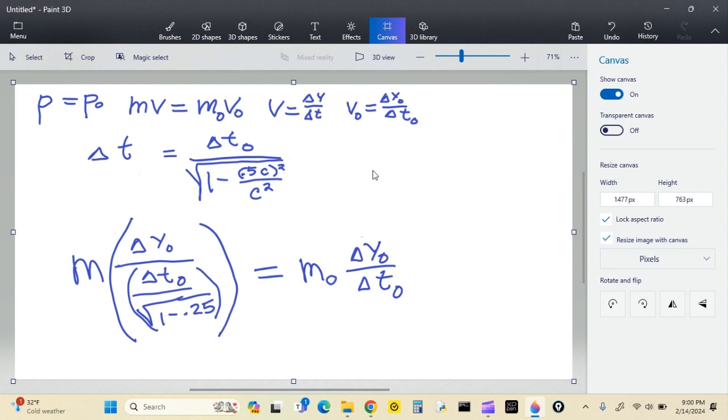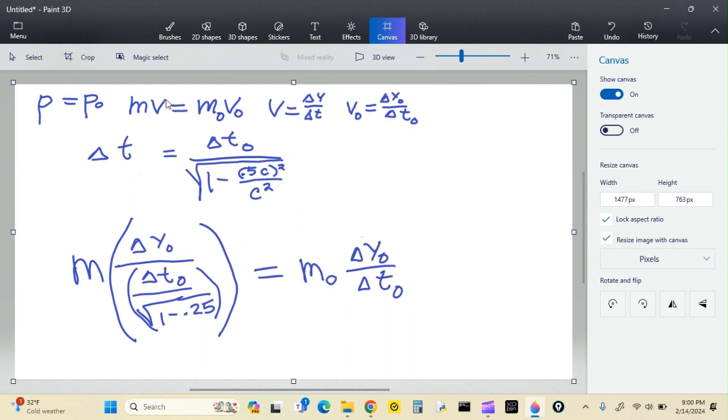All right, some of this should look familiar. Here's the momentum, P. Here's the momentum for green man. This is what red man sees. Here's the momentum. M times V is the same as P there. This is the mass that red man sees. This is the mass that green man sees. This is the velocity that red man sees, and this is the velocity that green man sees.